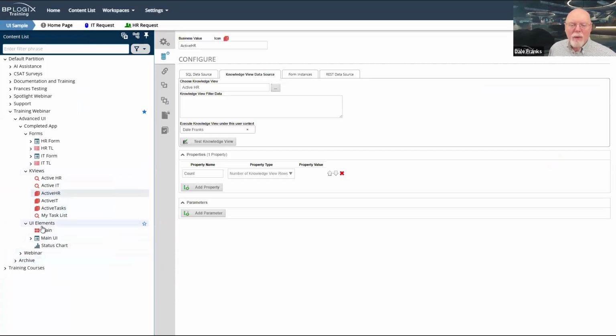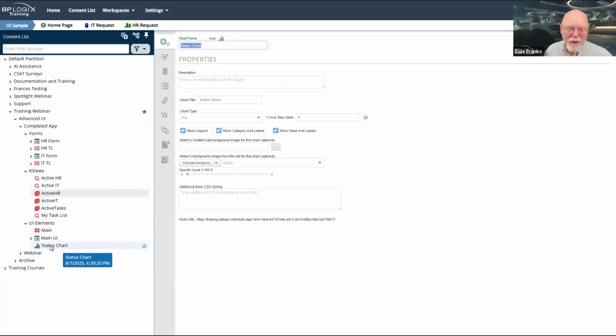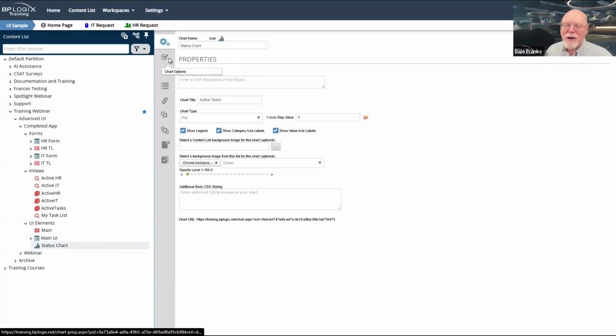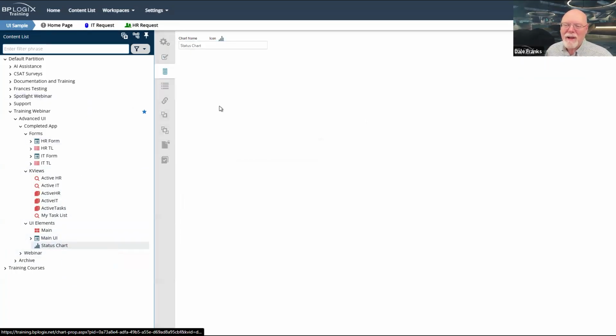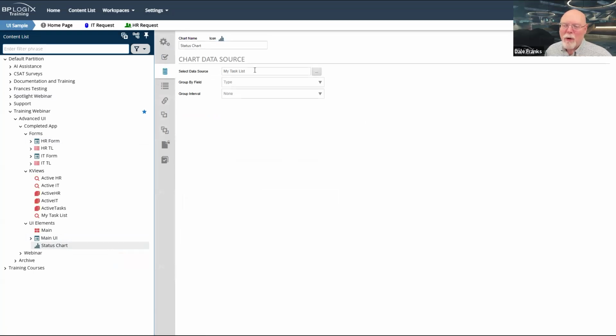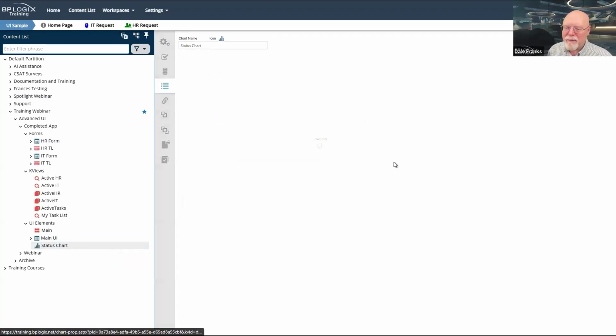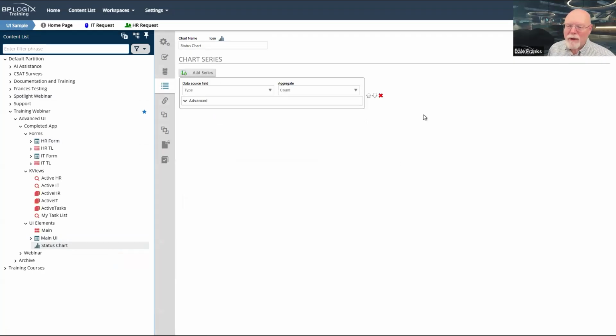Well, those aren't all the building blocks I need. I need one more thing. I need a chart. And so I have this status chart. And this chart is just basically a normal chart. It looks at the task list knowledge view, and it shows a pie chart.